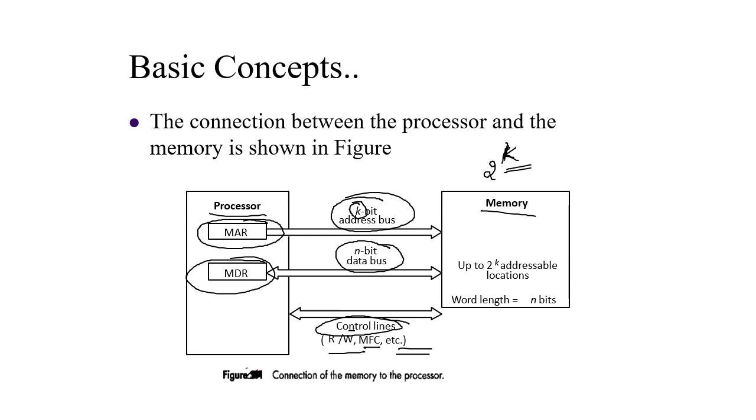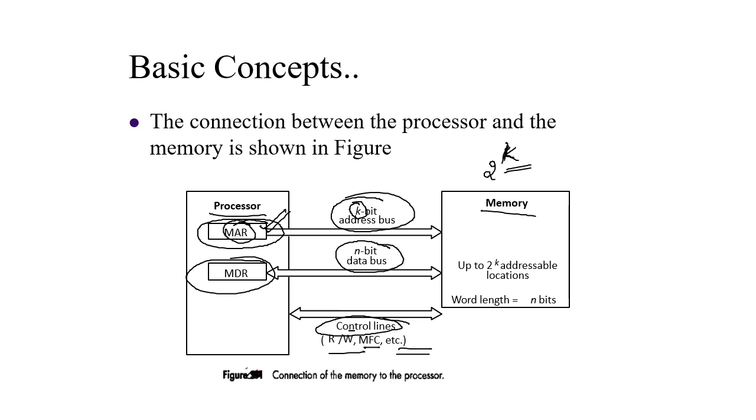The control signals, memory function complete and read/write bar, indicate whether the processor has to read the data from the memory or write the data to the memory. MFC indicates whether the particular transfer has been completed or not. The address initiated by the processor will be loaded into MAR, and in MDR, the data that corresponds to the location specified by MAR is loaded. From MDR, it will be received by the processor or other processor registers for further processing.